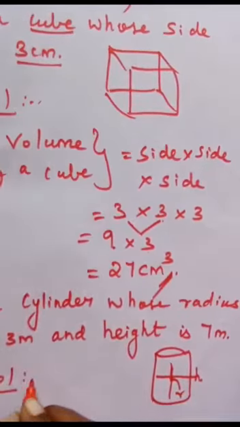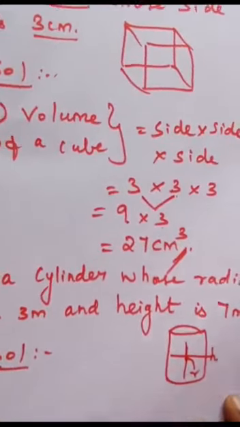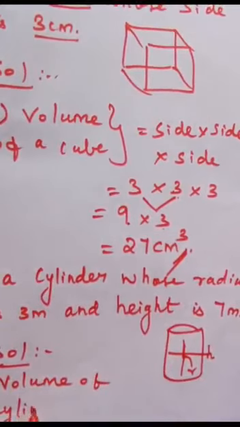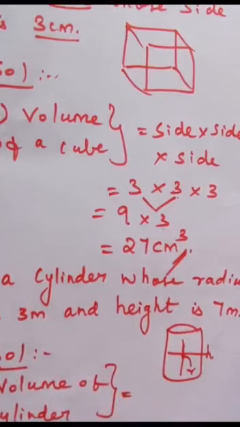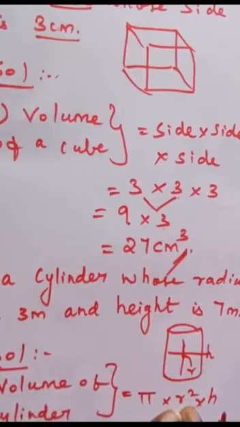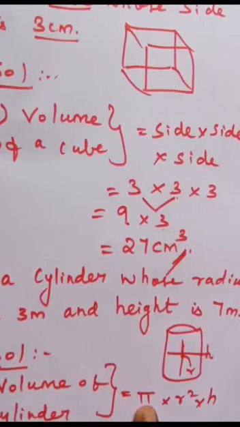Now we shall enter into the problem. First, what will we do? We'll write the formula, right? Volume of cylinder is equal to pi into r square into height, that is pi r square h. What is this pi r square h, ma'am? Pi is a constant value, we know. R is the radius, which is given in our question. Similarly, the height value is also there. Once again I repeat, the formula is pi r square h. R is radius and h is height. Clear?